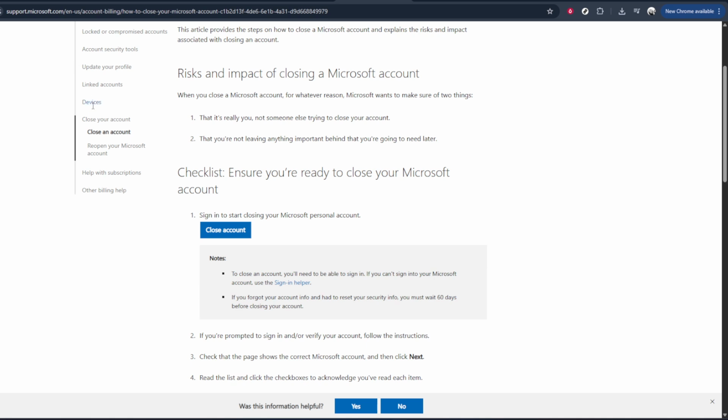From here, Microsoft may ask you to confirm your identity, review a checklist, or acknowledge that you understand what closing your account involves. Follow the prompts